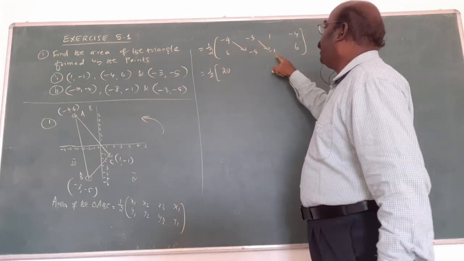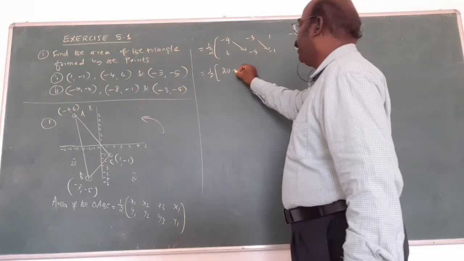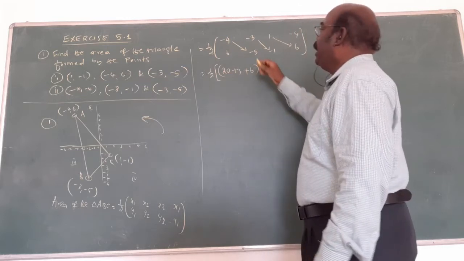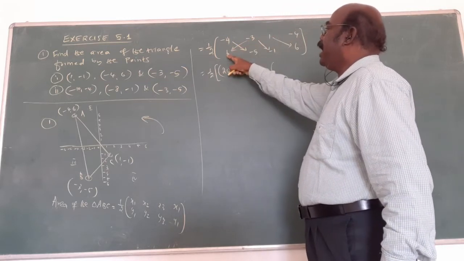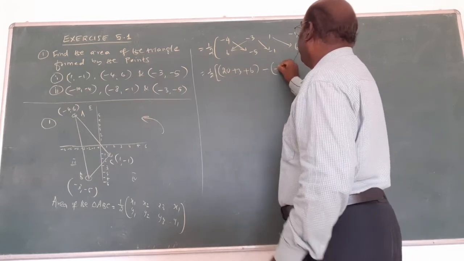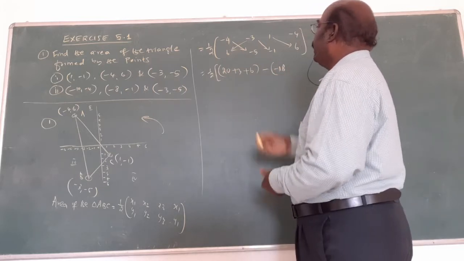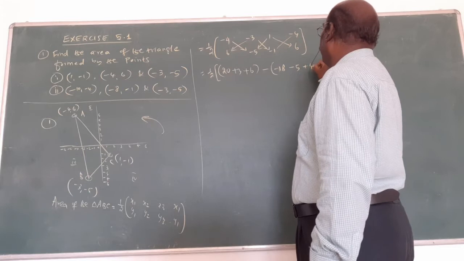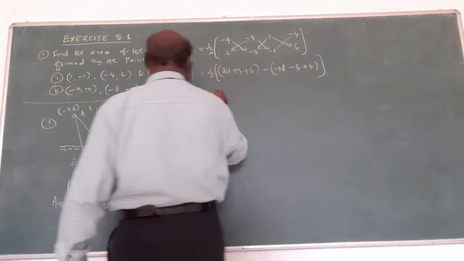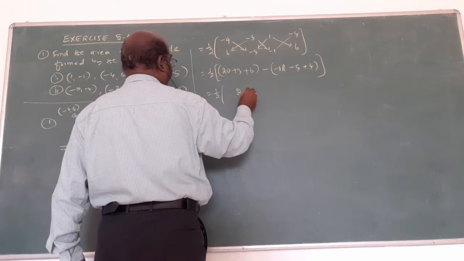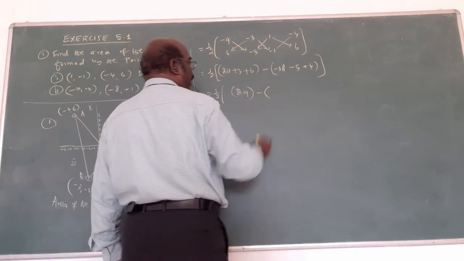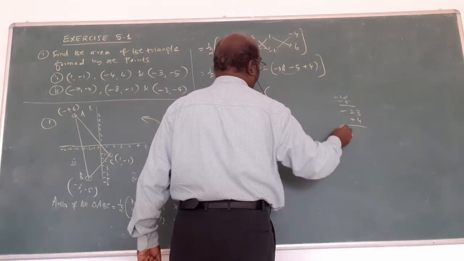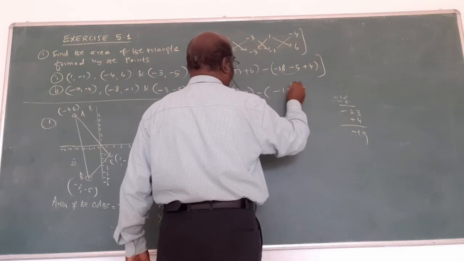Again minus into minus plus, minus into minus plus 3, also plus 3. 1 into 6. Am I right? Now close the minus, again minus 3 into 6 is minus 18. Am I right? Next 1 into minus 5 minus plus 4, close the bracket. Now these are all positive, 23, 29. Here add these two numbers, minus 23 plus 4. What is the answer? Minus 19. Am I right?